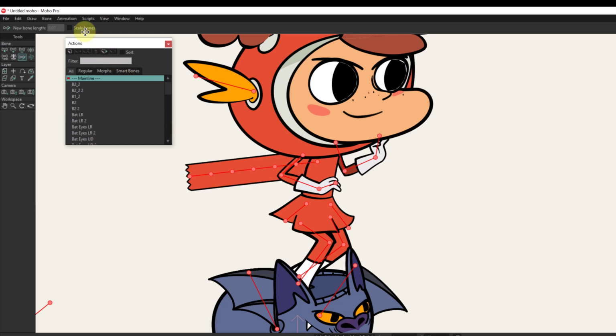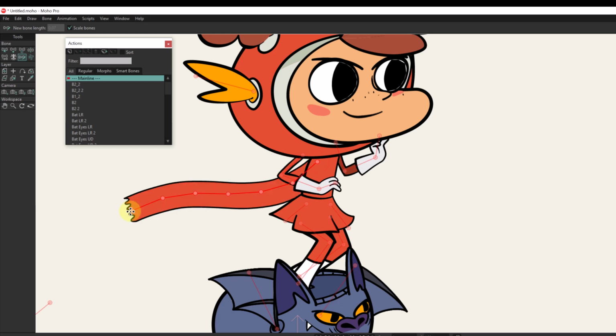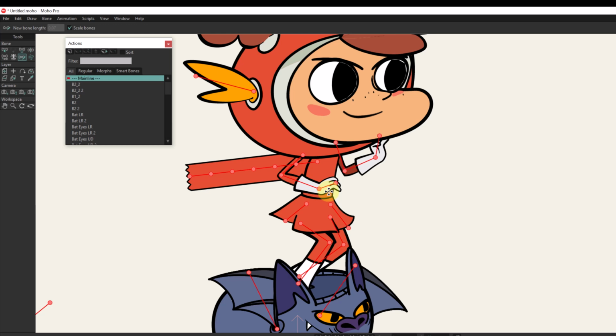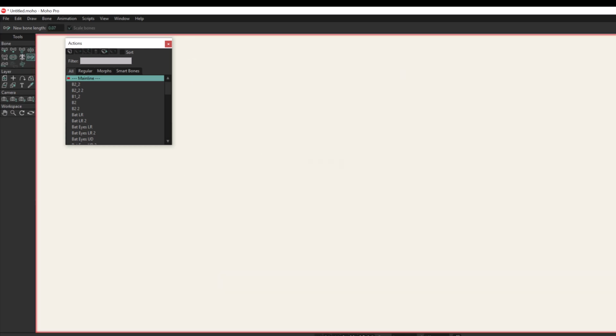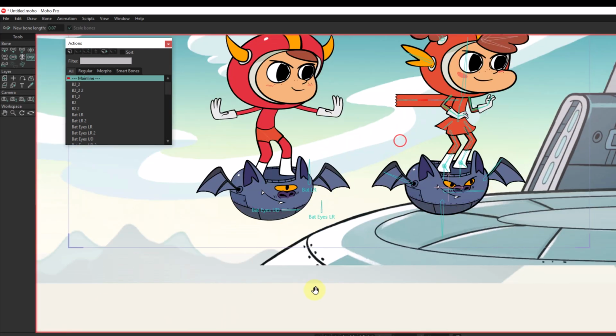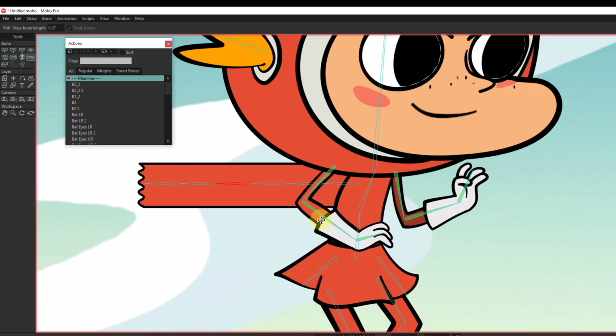But if I have this option turned on, when I draw, I can draw at any length, and it's going to adjust to that length. Of course, we might have to adjust this option, so we will probably use a bone constraint like scale and stretch bones. So the mesh will be deformed based on the movement of these bones and scale of the bone. So I'm going to select, maybe let's start from here,